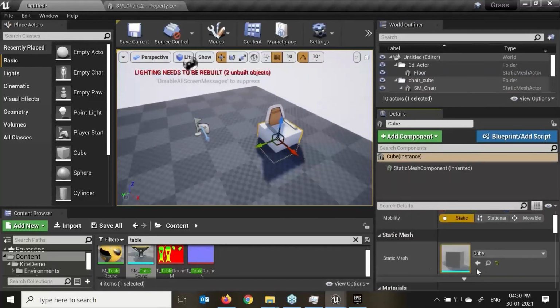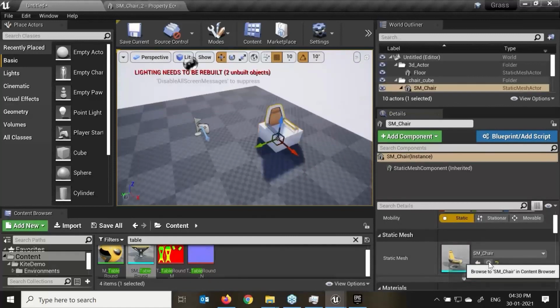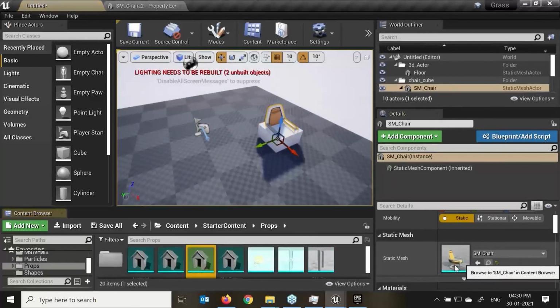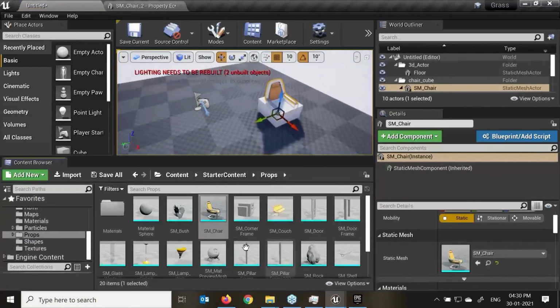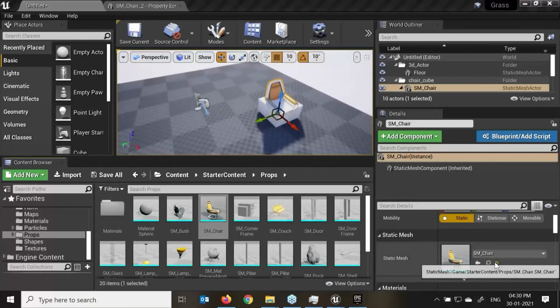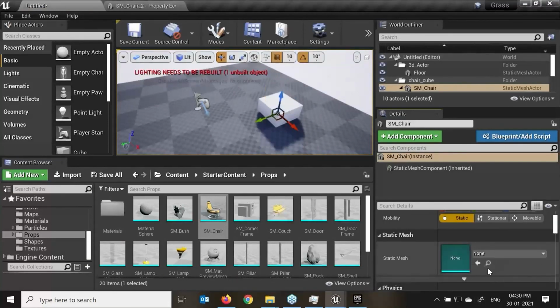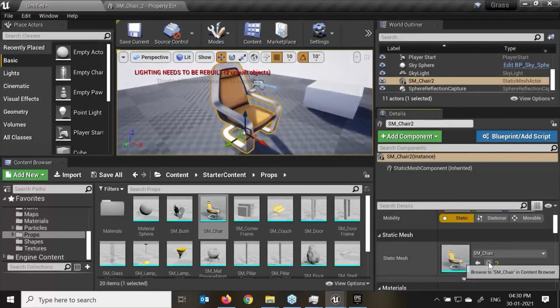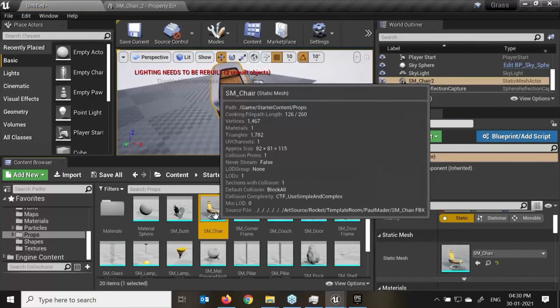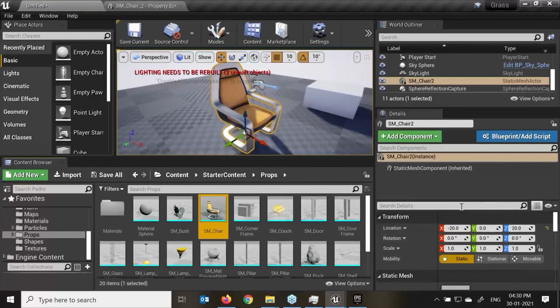This is the static mesh over here. If I select and click on this arrow, it shows me. I'll just select my chair. If I click on this zoom icon over here, it will indicate where it is contained in my content editor, which folder it's contained in. So that is very easy. If I click on this, it is a reset. Do the reset of that, right? I'll just drag and drop my object over here. Static chair. If I double click, I hope this is clear to you. We'll start the question and answer session after this session gets over.